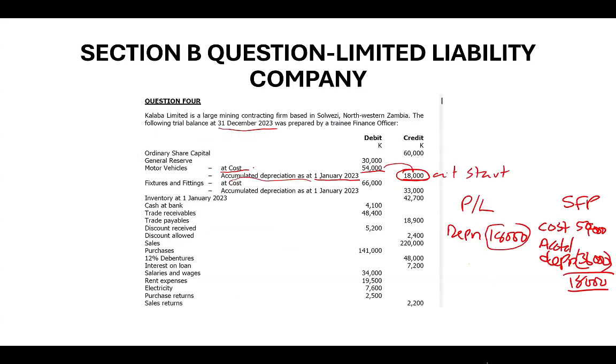Then when we check in this particular trial balance, we have this item, wages and salaries. So the wages and salaries, which figure is this? I don't know if it's a 34 or my eyes can see the alignment well. But anyway, what's important is the explanation. If wages and salaries is 34,